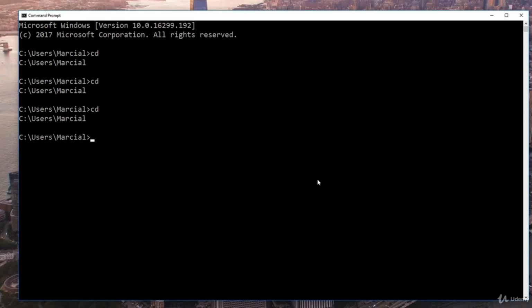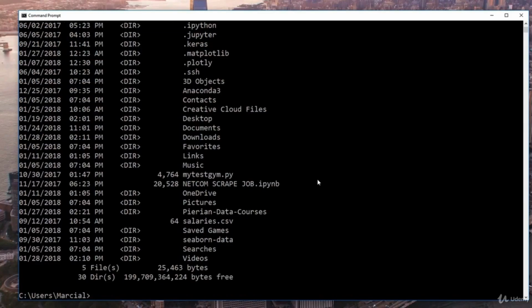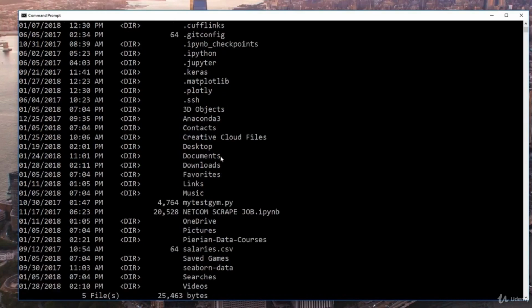If I wanted to figure out what all the files and folders located in my current directory are, I can type dir, hit enter, and that reports back the contents of my directory. I can see here that there's the desktop, documents, downloads,